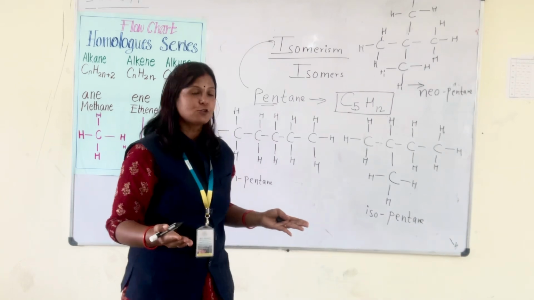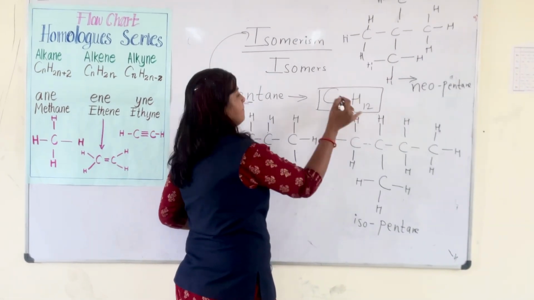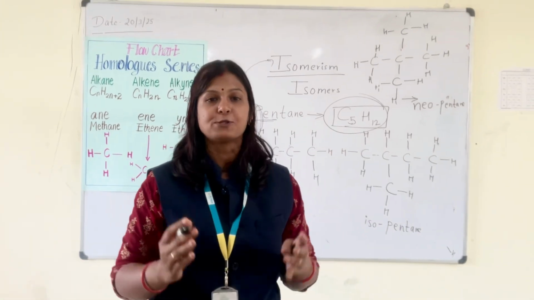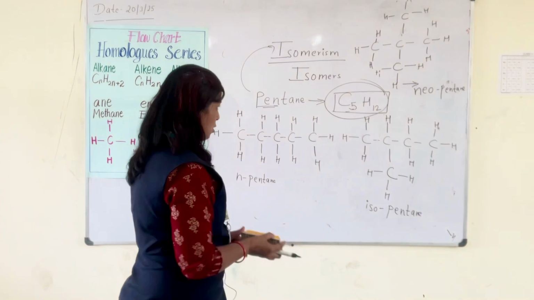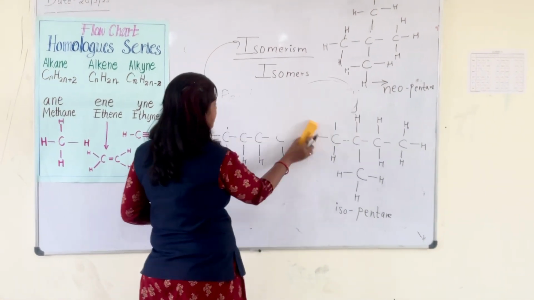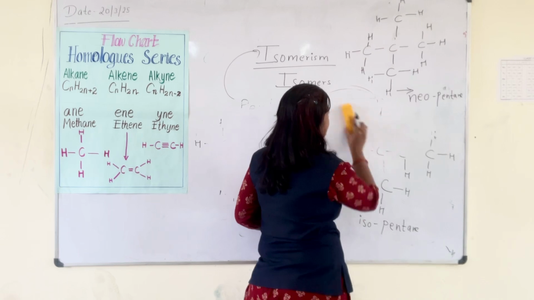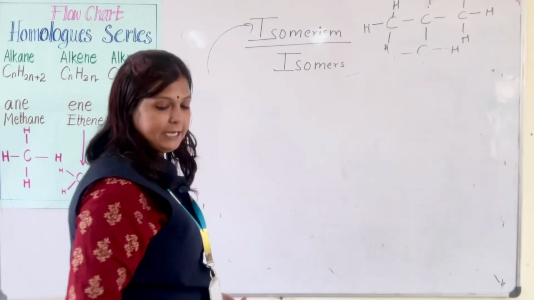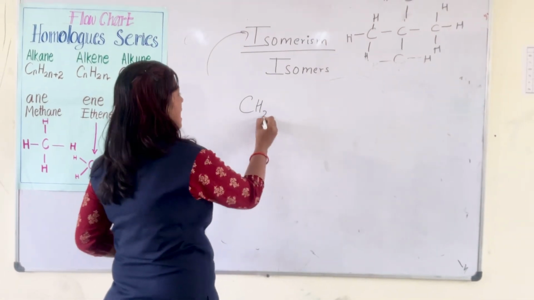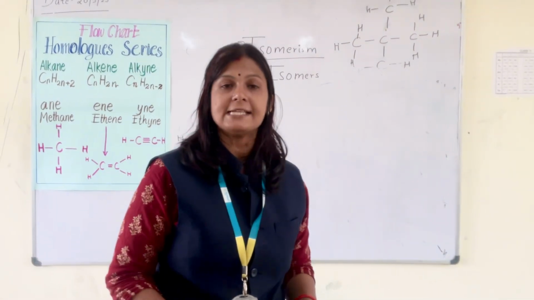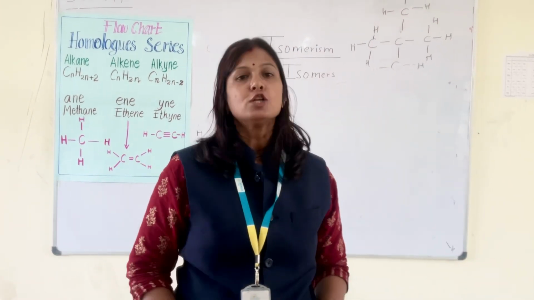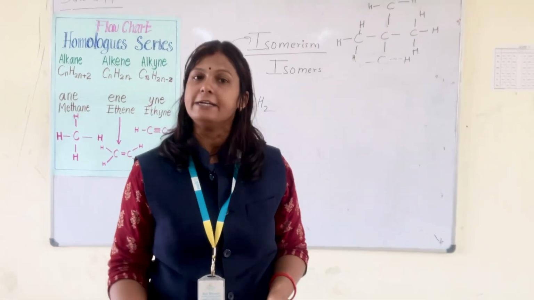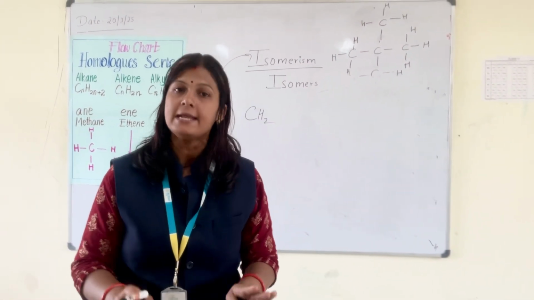So from here what did you understand? Structural formula differs but the molecular formula is same and the phenomenon is called isomerism. Clear? Now, what is the difference in physical and chemical property? The similarity is that they differ by CH2, and physical property differs as the structural representation differs. So alkane has different physical property, alkene is different and alkyne is different. But the molecular formula will remain same.